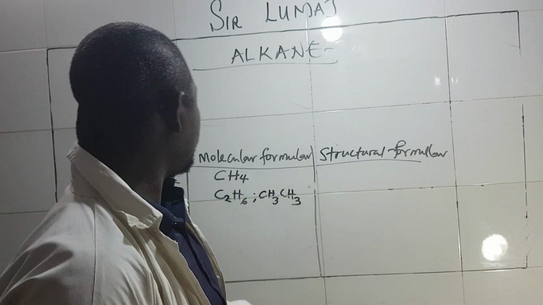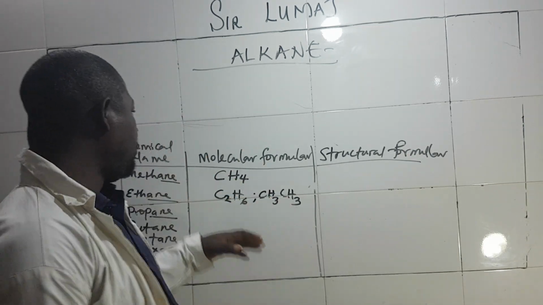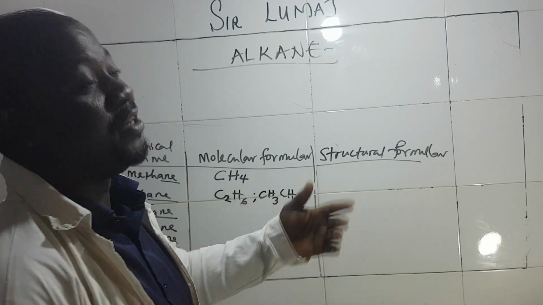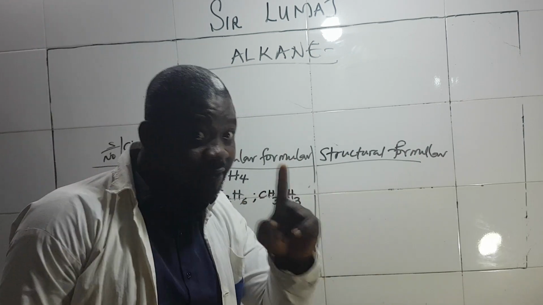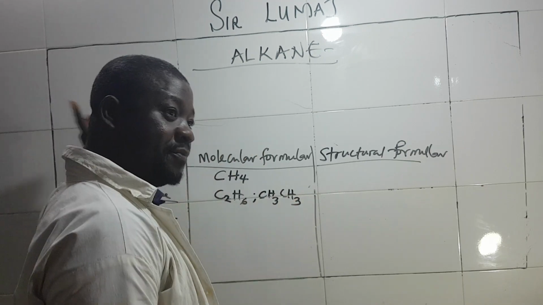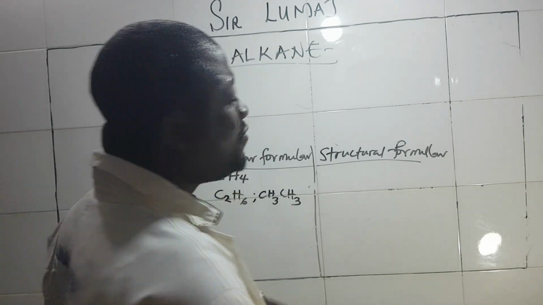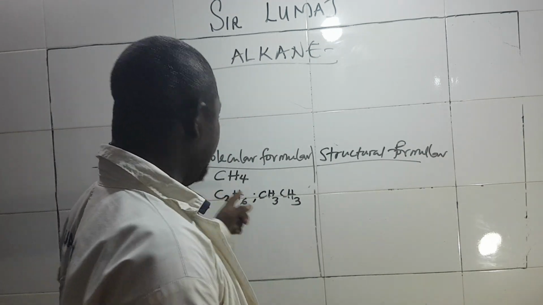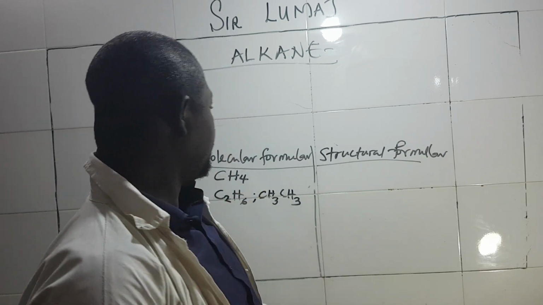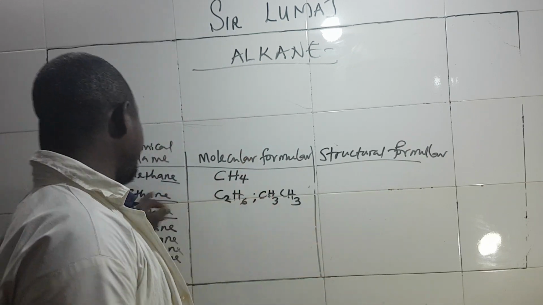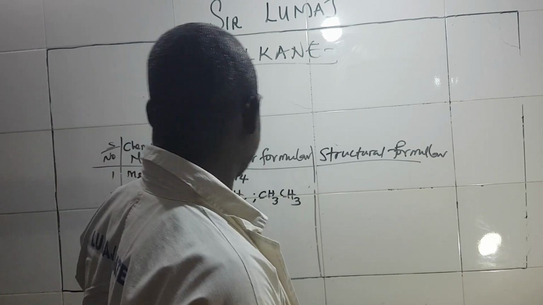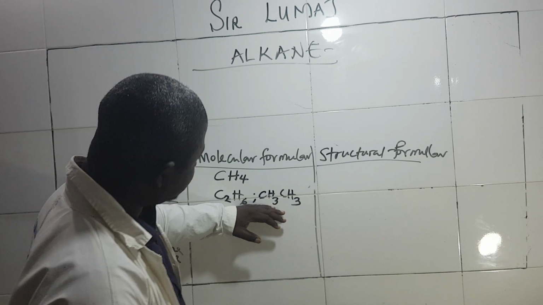So last time we were talking about molecular formula. I told us how to derive methane. Don't forget, principle is universal. Whatever they did in the past, we can still do it now. Can we do it better? So for methane, I gave us the general formula CnH2n+2, and we derived that when n is equal to 1. For ethane, C2H6, I told us how we got